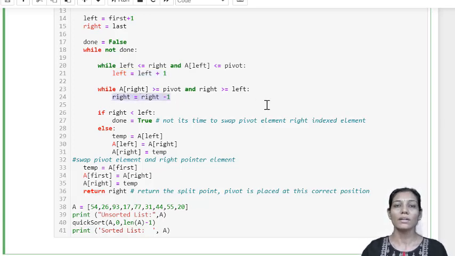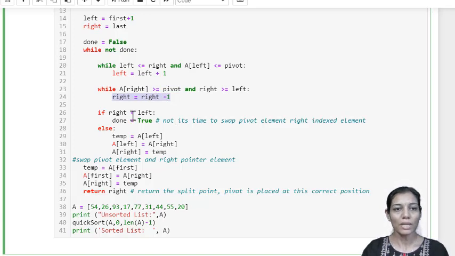Similarly, our right pointer will keep decrementing till we find an element which is lesser than the pivot. You can verify the condition that we have written, a of right is greater than pivot. That's not a problem, so we continue reducing. But as soon as we find that an element on the right side is not greater than the pivot value, we stop reducing and we are ready for swapping.